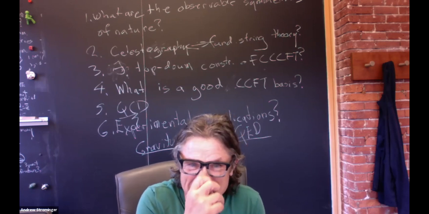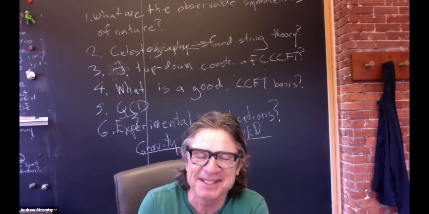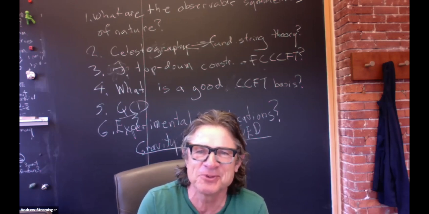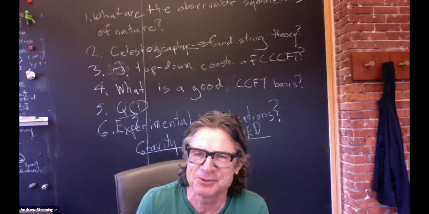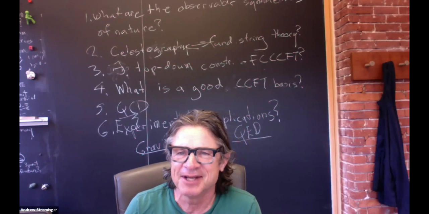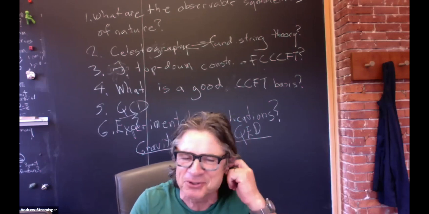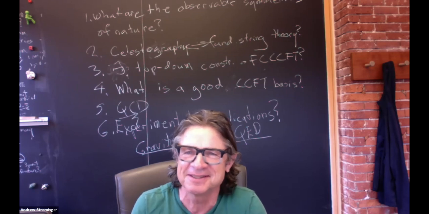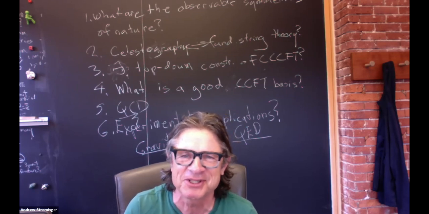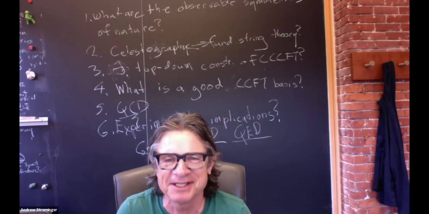Veneziano tried to write down an amplitude that you could sum over S channel or T channel or U channel, and you would get the same answer. And now we know that that's true in any quantum theory of gravity, but we don't have a lot of control over it. So a lot of arrows pointing in the direction of a more concrete connection,